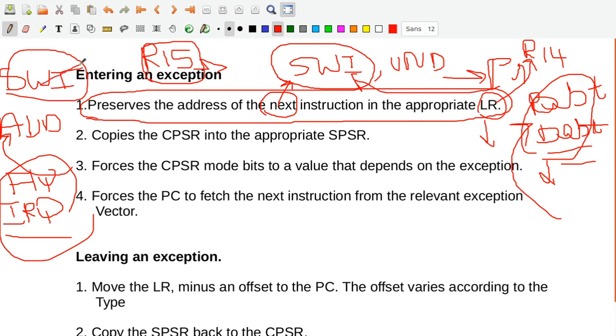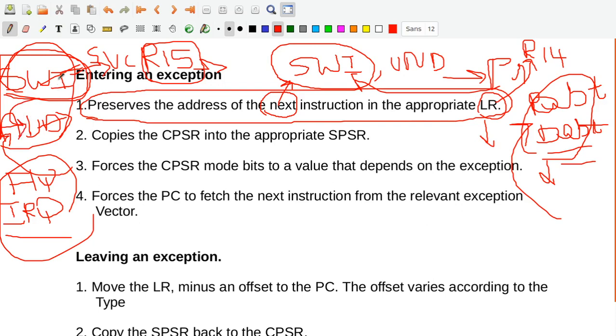For example, a software interrupt exception is written, and the add instruction is the next instruction. This is the normal execution of the instruction. When the software interrupt instruction is written here, it goes to supervisor mode, SVC mode. From the supervisor mode vector address, it picks up the branching address to the SVC handler. So it goes to the SVC handler, executes the interrupt service routine, whatever instructions are there, and comes back. When it wants to return, it doesn't return to this instruction, it wants to return to the next instruction, but it has to know where to return, isn't it?